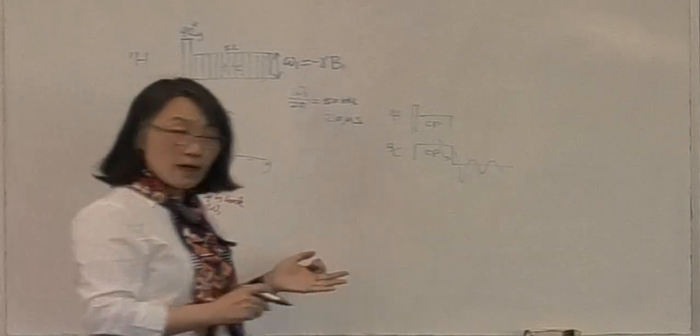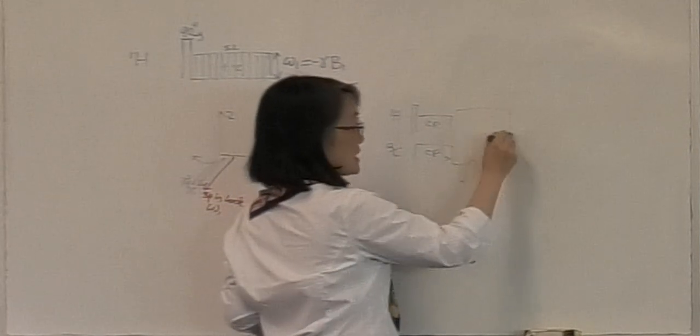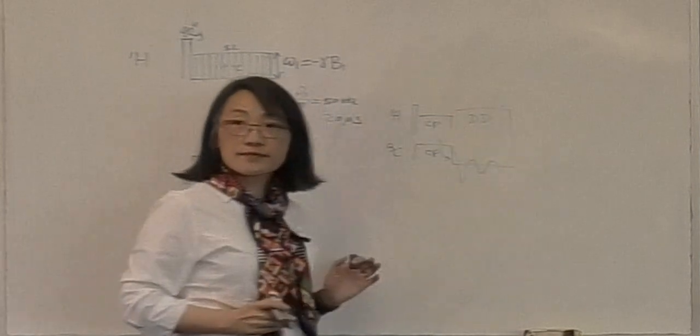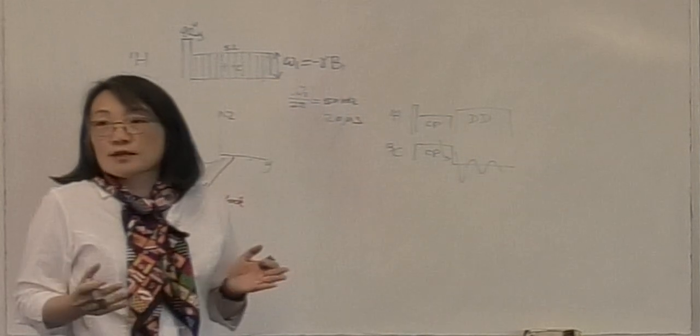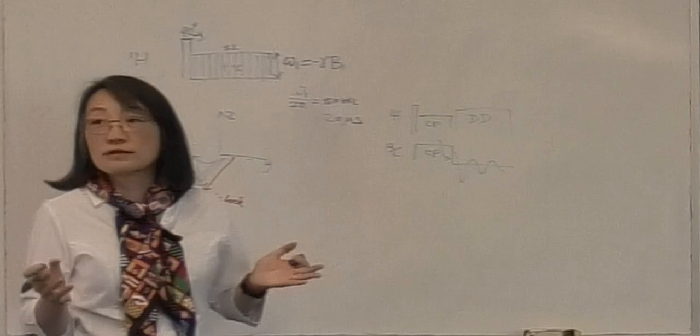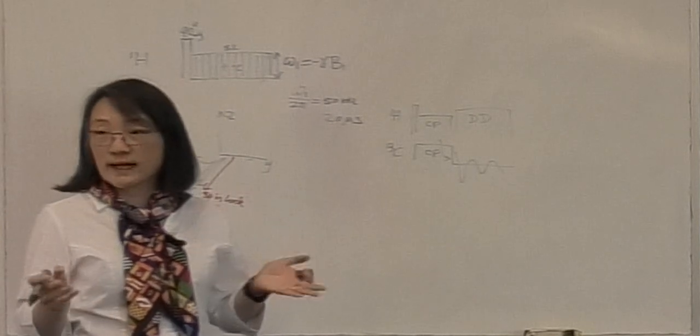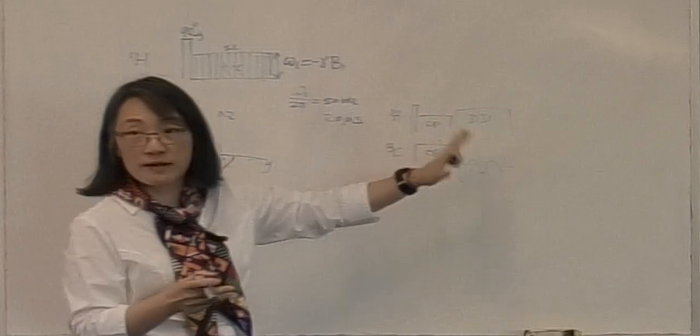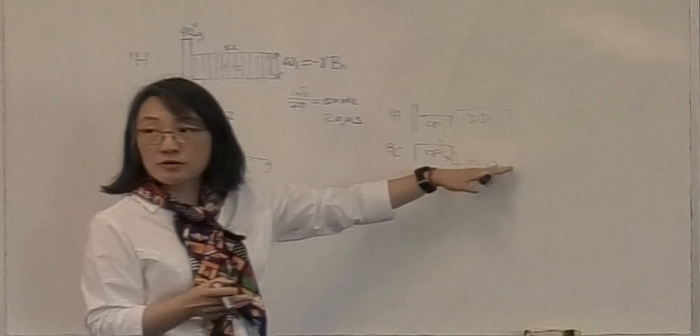But your detection always has to be done under the protection of dipolar decoupling, unless you're studying inorganic systems with no protons around. Otherwise, in typical organic and bioorganic compounds, you have lots of protons. You have to get rid of the impact of the proton